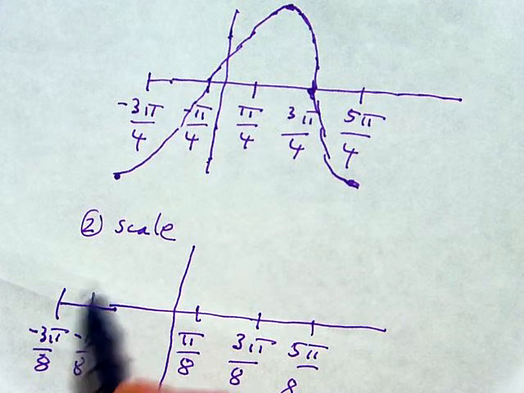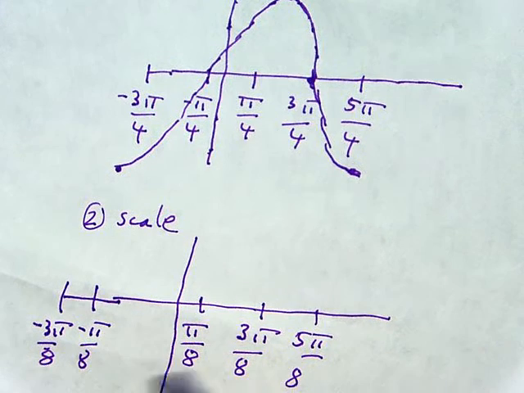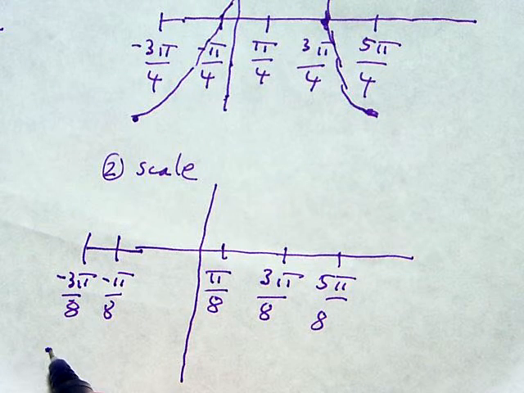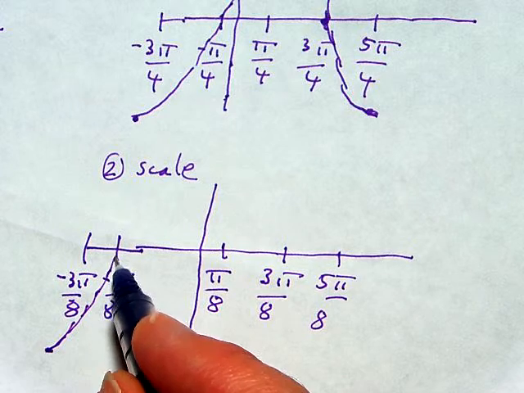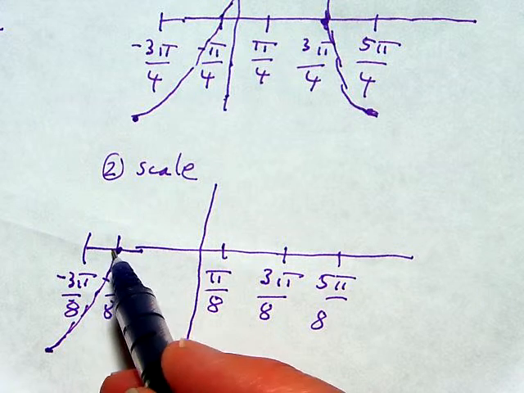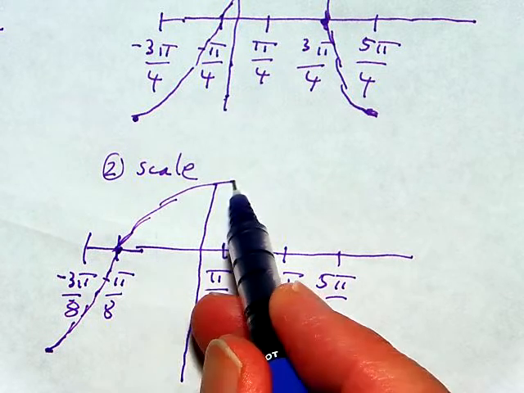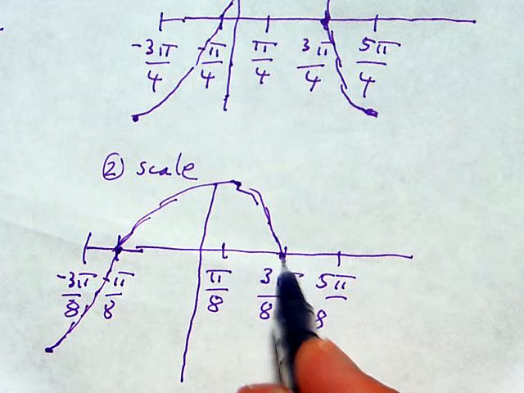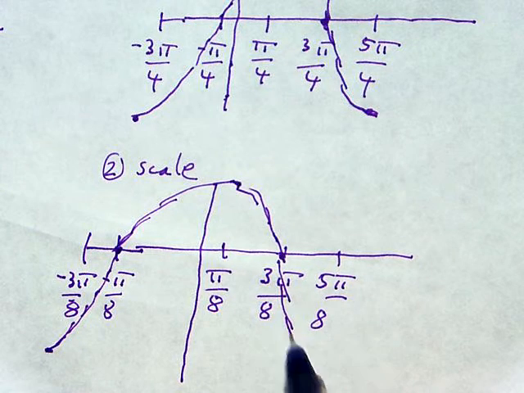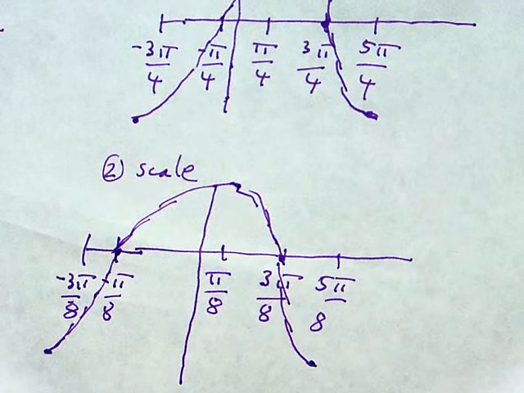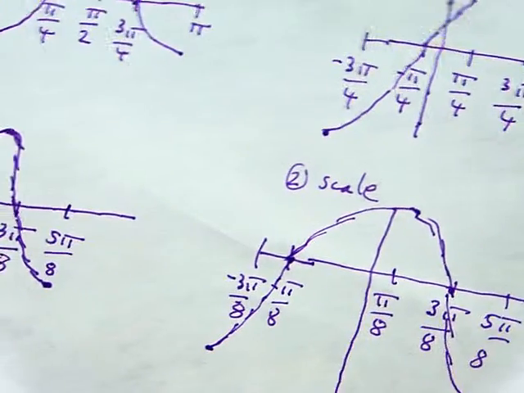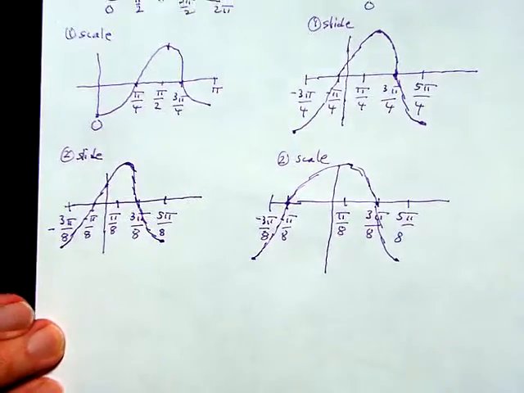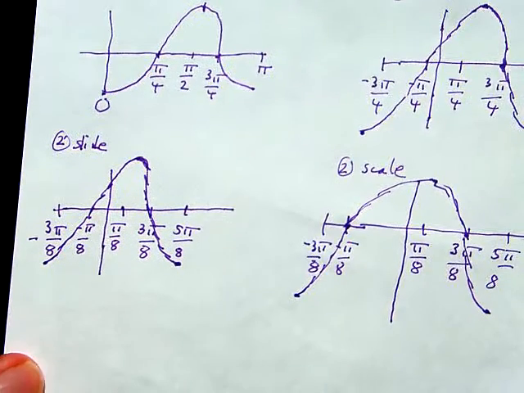If we go ahead, and of course this should have been done to scale, and it just wasn't, but let's go ahead and redraw it. So we've got 0 there, negative there, we've got 0 there. We hit our maximum at pi over 8, we come back down to 0 at 3 pi over 8, and we hit our minimum at 5 pi over 8. Well, take a look side by side at what we've got through both methods, and you'll see we have reconstructed the exact same